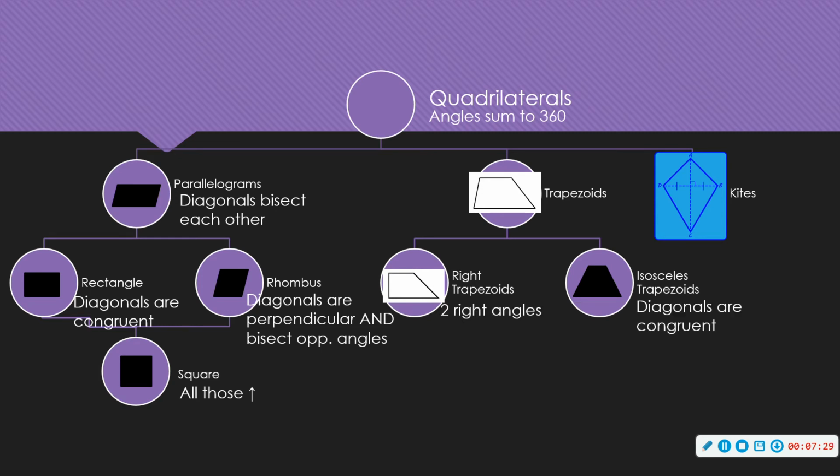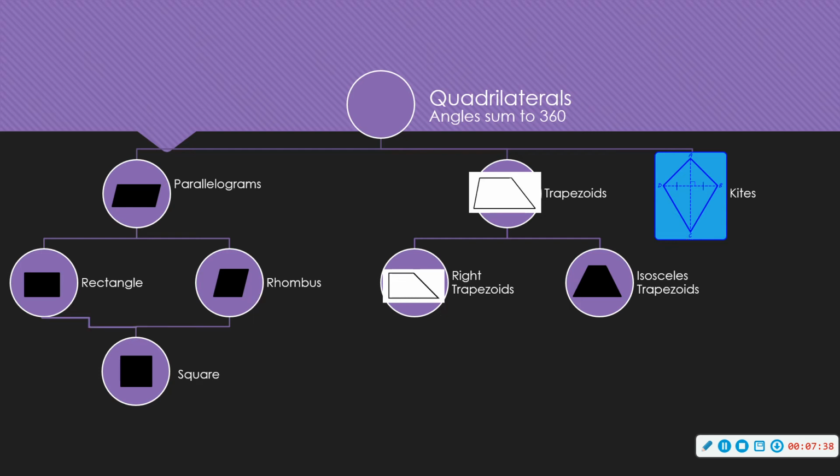Anyways, still nothing new about a right trapezoid. Nothing new now for an isosceles trapezoid. And nothing new for a kite. So, when it comes down to it,